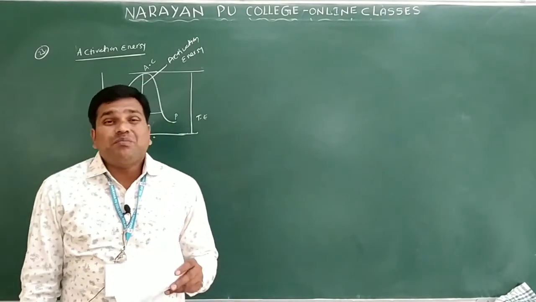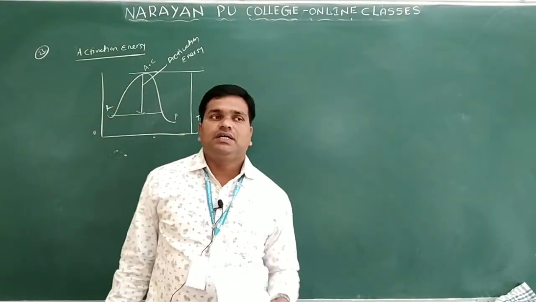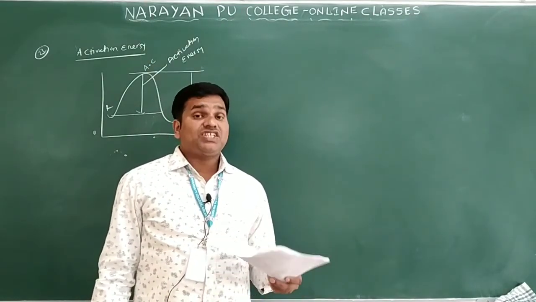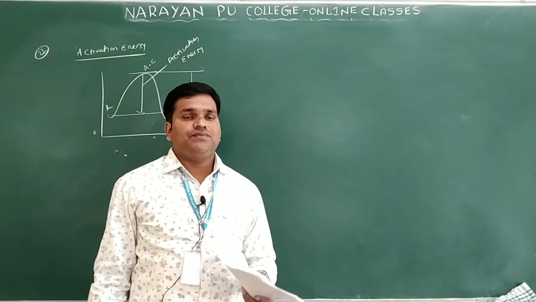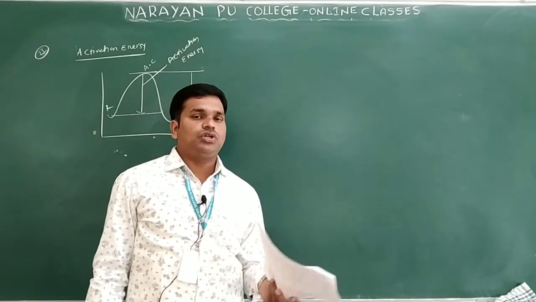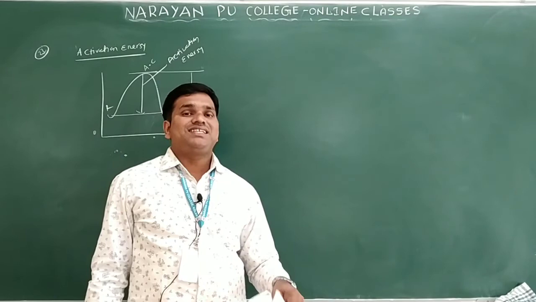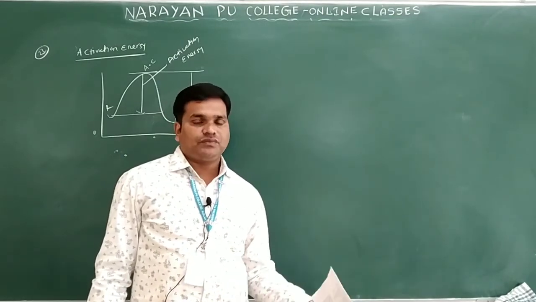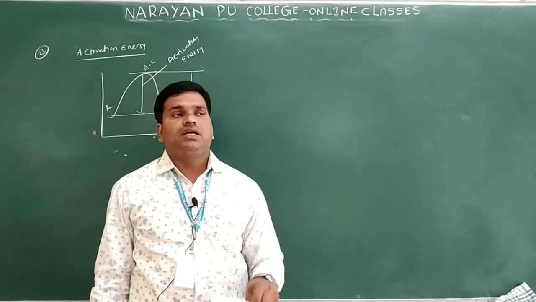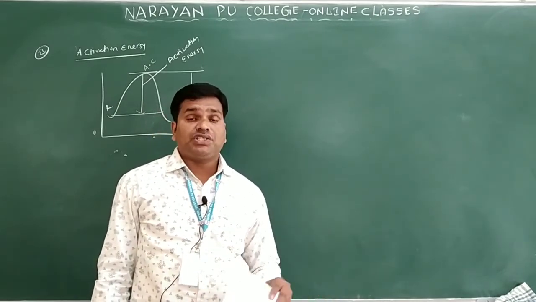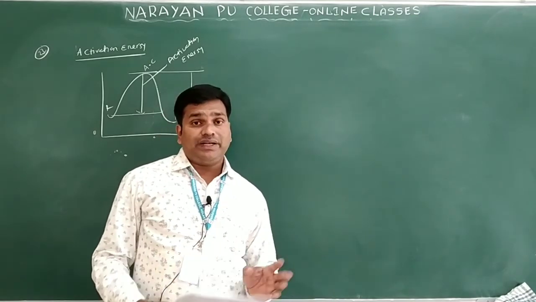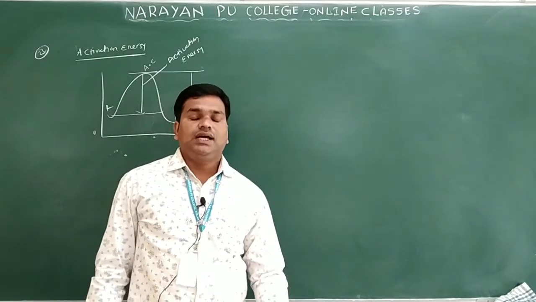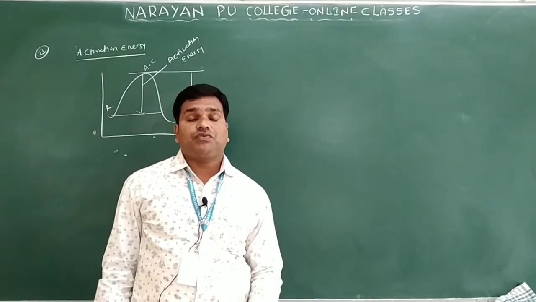Generally, it is the minimum additional amount of energy required for the reactant molecules to be converted into products. Why is the additional amount required? The molecule can undergo effective collisions, but if the additional energy is not there, it does not form a product. If the additional energy is there, it will be converted after the formation of the activated complex. It crosses over the energy barrier. It requires some additional energy, and that additional energy we call activation energy.